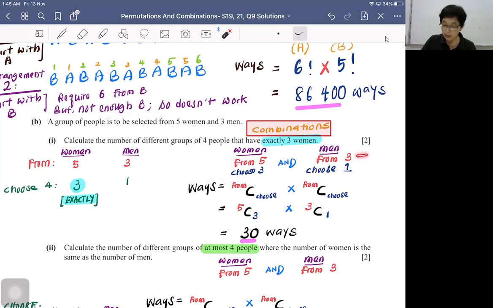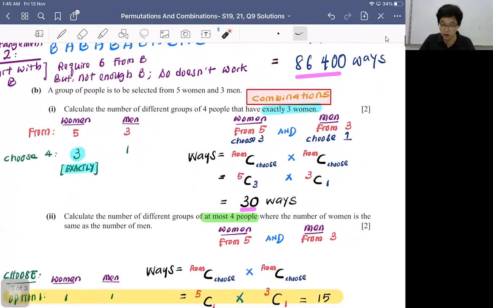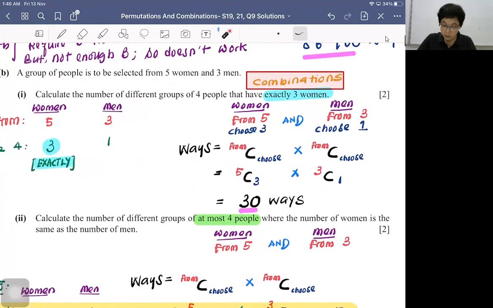Whereas from the men category, from 3 men, you're going to choose 1, the only vacancy that's available for the men. Therefore, putting in accordingly, from the women category, you have